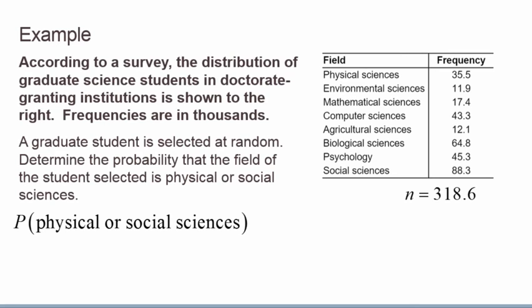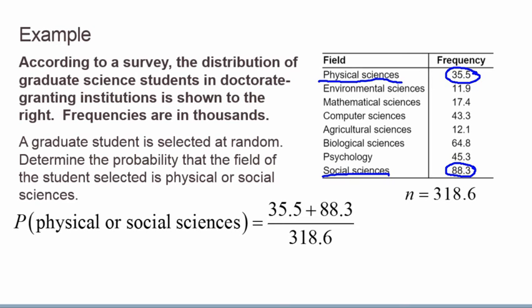Our N is still 318.6. The physical sciences have a frequency of 35.5. Our social sciences have a frequency of 88.3. We want to add those together. So our setup is 35.5 plus 88.3 divided by